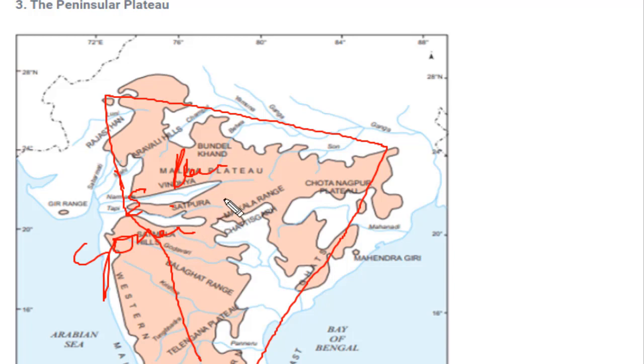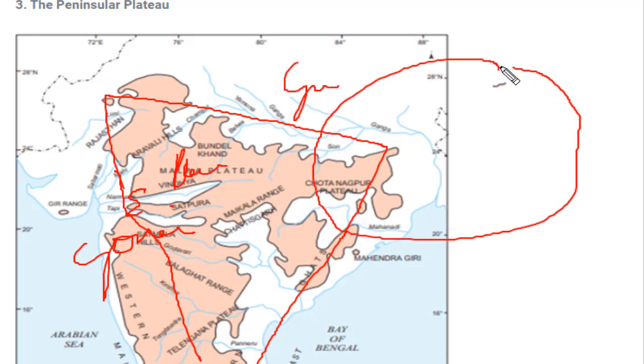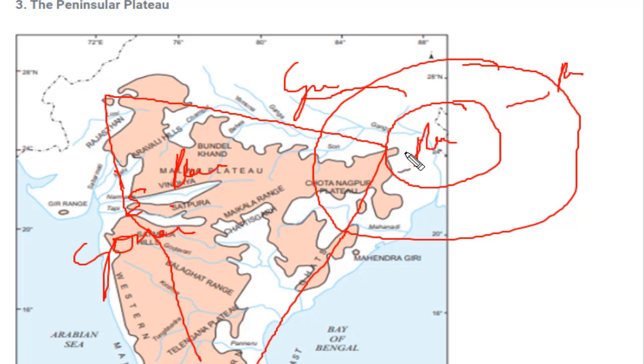What is Gondwana land? If you remember, in geomorphology we have seen that during the formation of the continents there was only one huge continent and one water body, and this was called Pangaea and this was called Panthalassa. Later on this split, with a sea called Tethys Sea, and it was divided into two parts, Gondwana land and Angara land or Eurasia. So this plateau is part of those ancient continents.